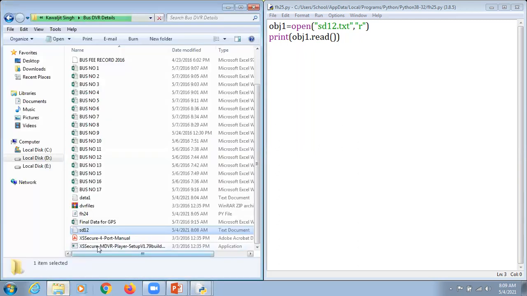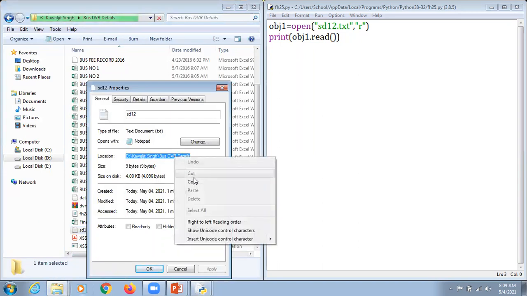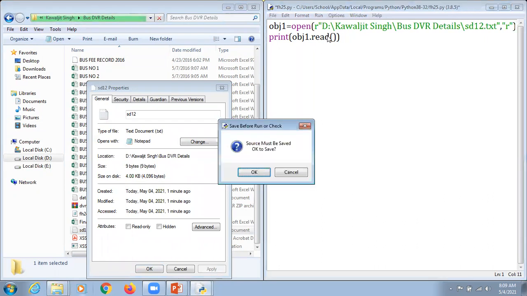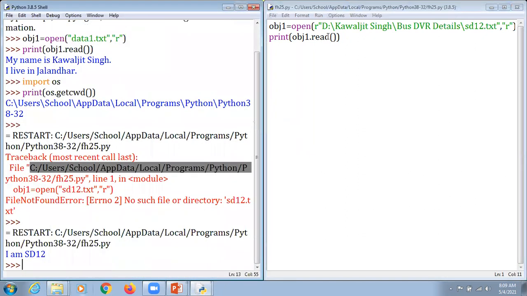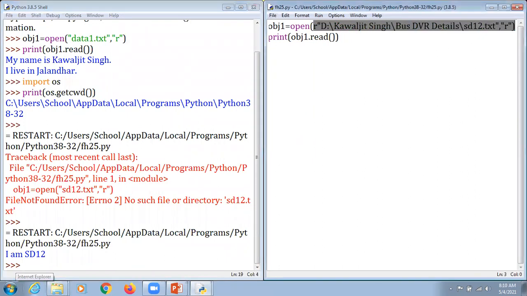So what we are going to do here, we are supposed to right click here, click on properties, and select that particular path from here, copy that information, mention it here like this along with the slash, and make it a raw string, because slash has a particular meaning. And when we hit F5 and hit the enter key, they display that yes, I'm reading that content. And this is the example of an absolute path, which begins from a root.